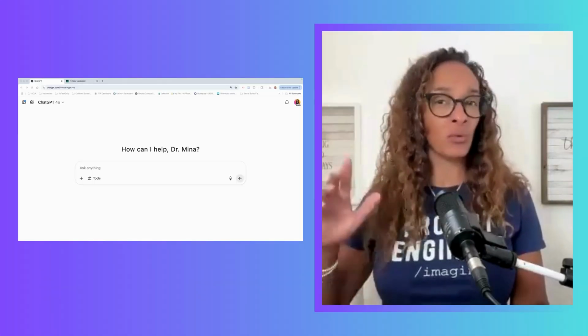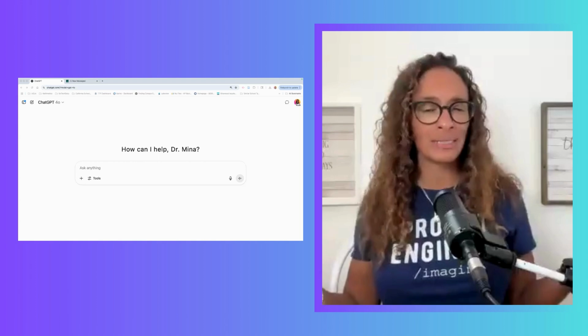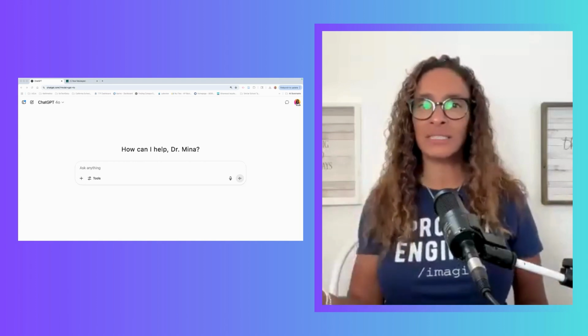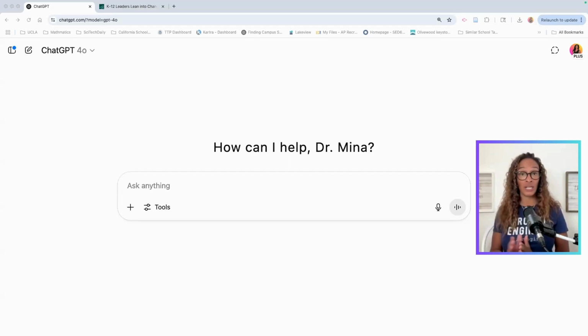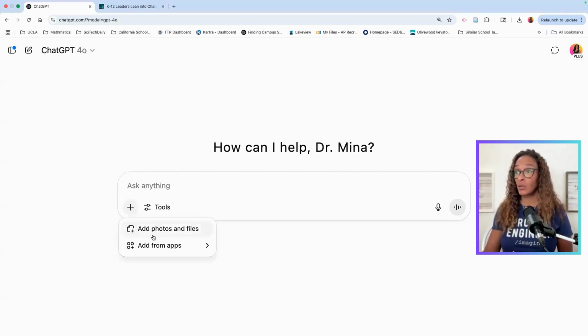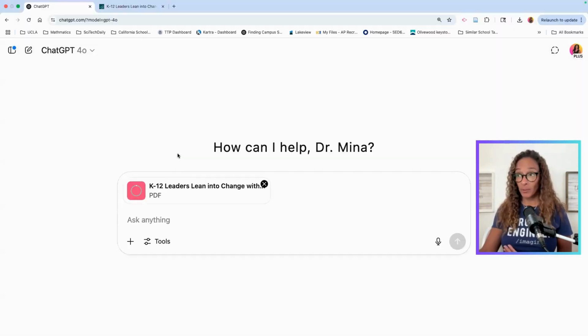Grab any article that you have recently downloaded to your computer. Now, if you don't have one, just Google a topic, then hit File, Save as a PDF if you can't download it, and then go find it and put it into ChatGPT. So what you'll want to do is go to this plus sign, go to your downloads or wherever you have the article, add the article, and then ask ChatGPT: read the article and look for main key